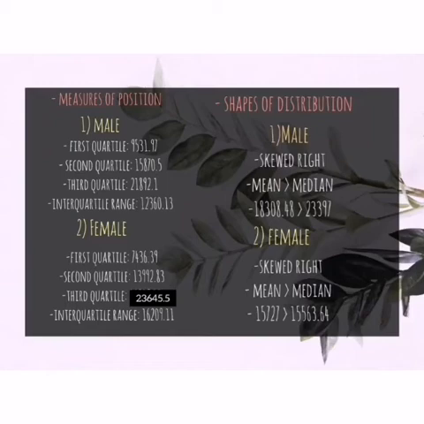For the male, the first quartile part is 9,531.97, follows by second quartile at 15,870.5, third quartile at 21,892.1, and the interquartile range at 12,316.13. Compared to the female, the first quartile part is